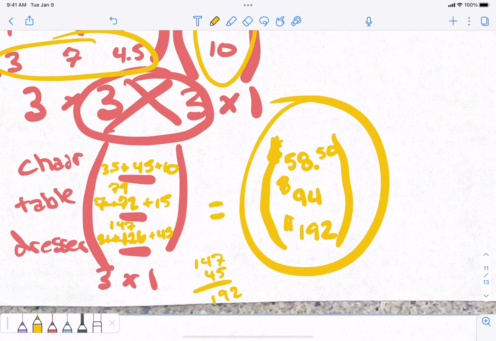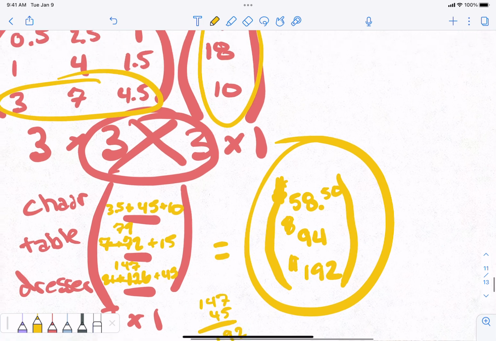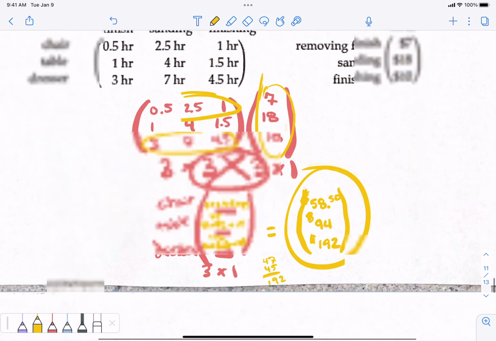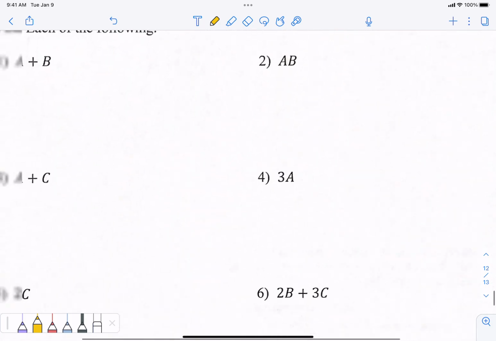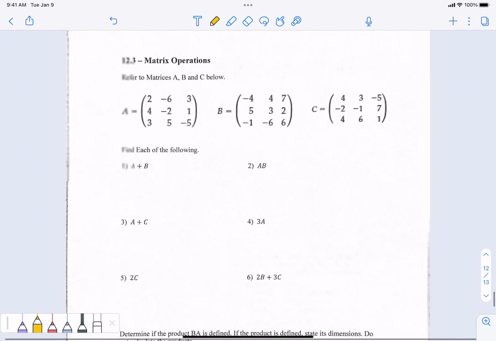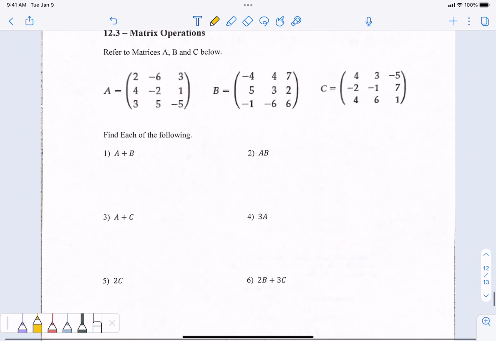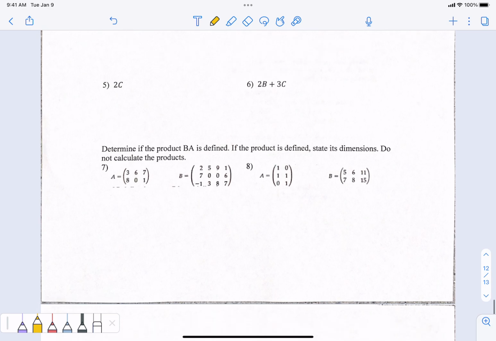Make sense? Sure. So all three of the sanding, finishing, removing finish, all of the things for the chair, table, dresser. That's the result that we get by using matrices. Good? Yep. All right, so let me go through on the top, 1 through 6. You're going to do all of them everywhere, but 1 through 6 you're using just those 3 matrices. The 1 through 6 shouldn't be too hard, but 7 and 8, don't do more work than you need to,